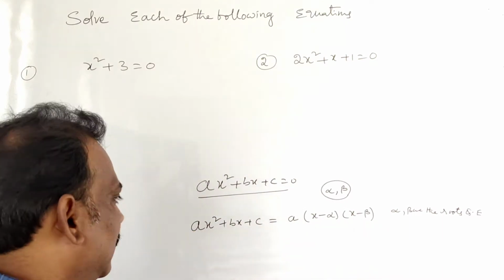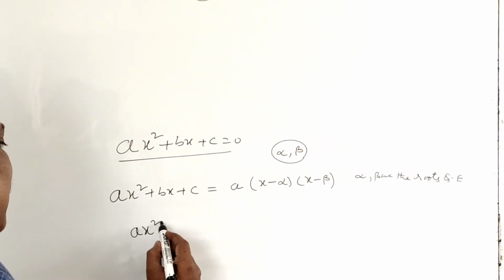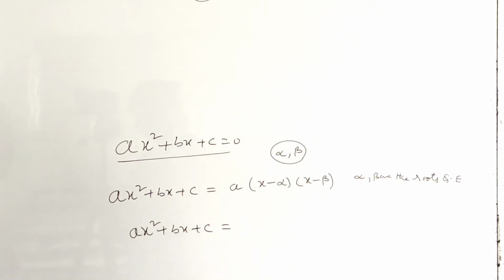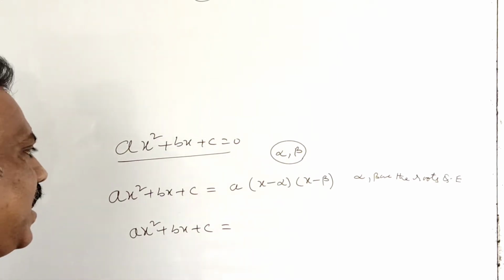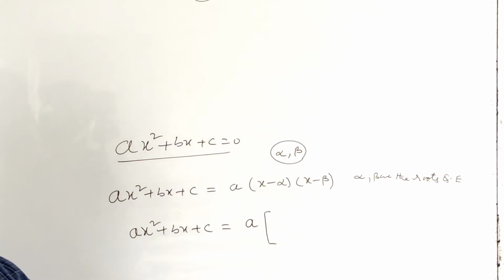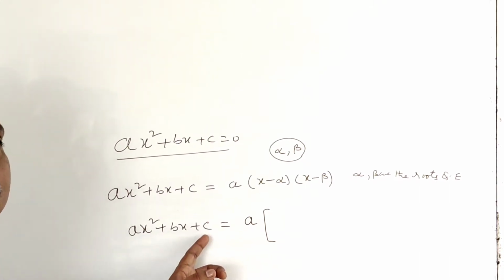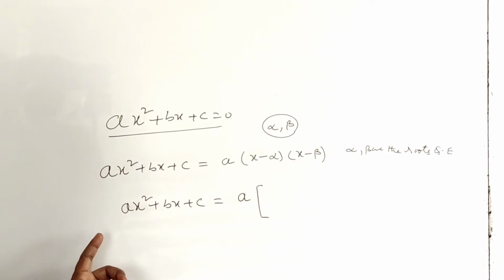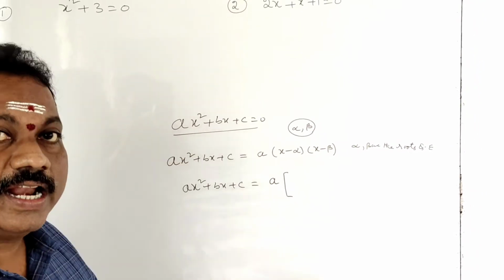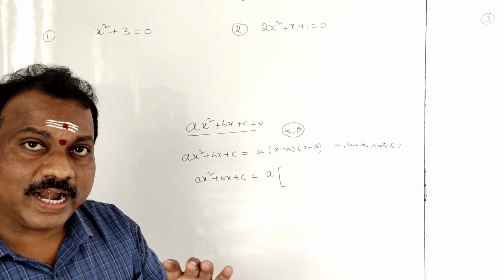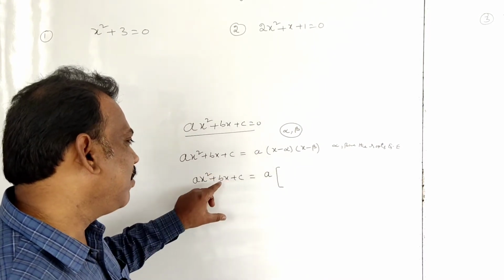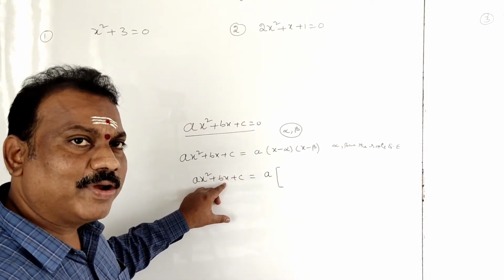By using this expression. See here, students, ax square plus bx plus c. Let me take a common factor. Students, in lower classes you take a common factor if it is in all 3 terms. But here a is common in only one term. A is not here and not here. Then how to make it common? Simple, students. The term containing a, that you take out as common. The term which does not contain a, there you will get a in the denominator.